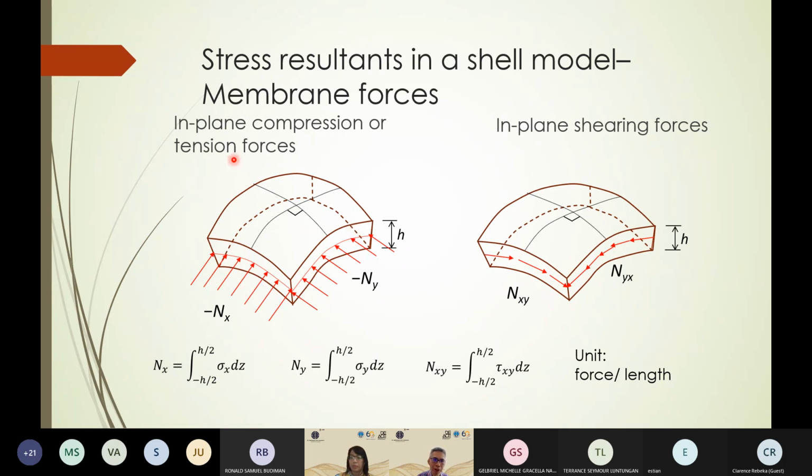Okay, if we have a continuous shell and we ask what the internal forces inside are when the shell is subjected to loads. Inside there will be membrane forces. Membrane forces consist of compression like this or tension, and also shearing membrane forces. So these are all membrane forces. They are called stress resultants because they are the integration of the stress along this surface. Usually, this force is given in units of force per unit length in these directions.